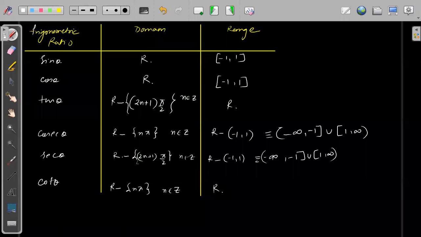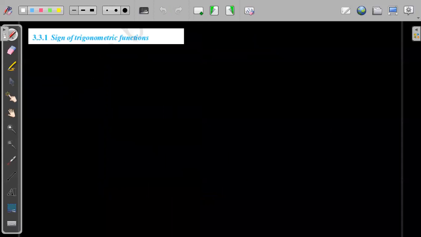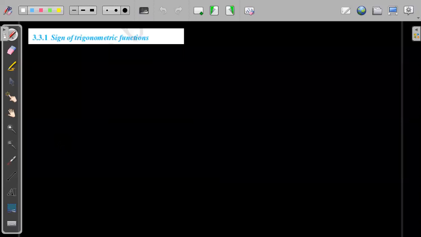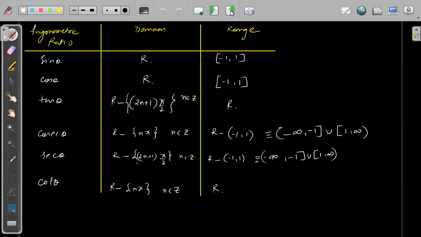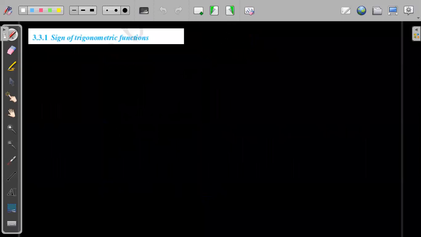I hope this part is clear for everyone, what will be the domain and what will be the range. A question like this can come in the exam. This is a very basic question. Is there anyone who does not know how we got these domains and ranges? I have explained each and every part in the class, and we have taken too much time to explain. By graph you can say yes.